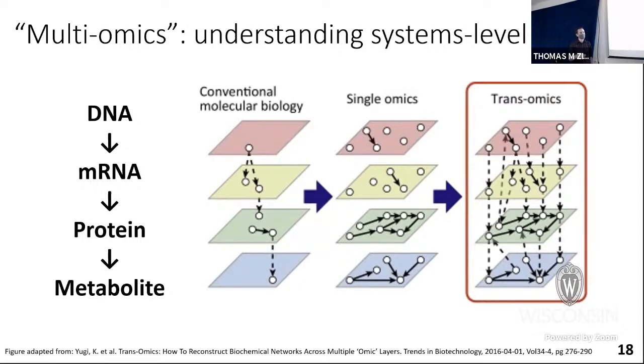And really this multiomics integration is we're looking at transomics. So we're trying to understand better that complex interaction between these different levels of regulation. So I showed on that previous slide where you can have metabolites that can affect proteins and all the way up. Basically all of these are interconnected with each other. And we're trying to better understand this entire process to provide better understanding and better overall meaning to what's going on here, so that we can have a more complex understanding and be able to actually intervene in meaningful ways. Does that make sense to everyone?